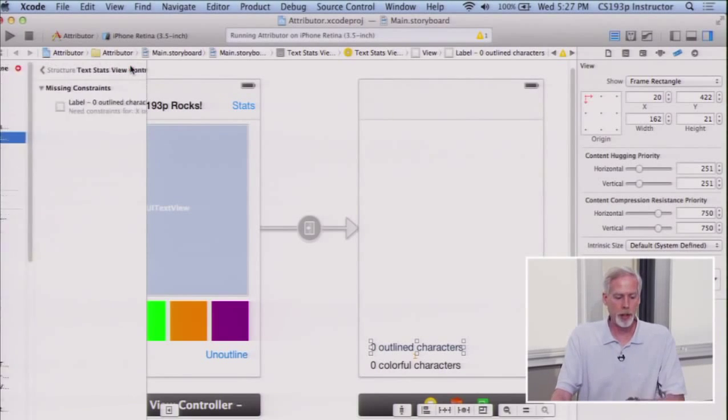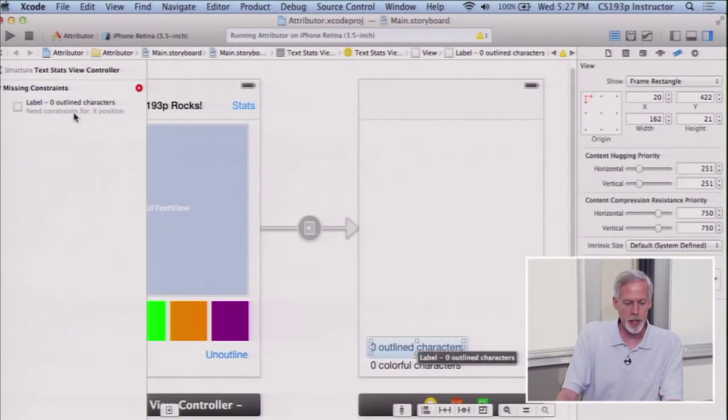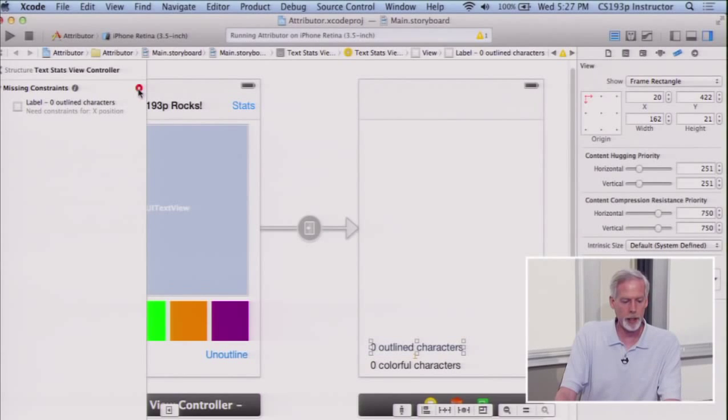Okay, so let's go do that. And it says needs constraint for X position. Again, I can click on this little red thing. It'll say add